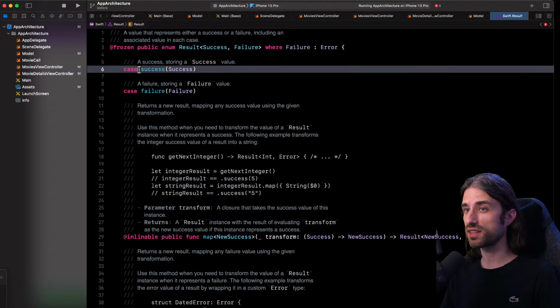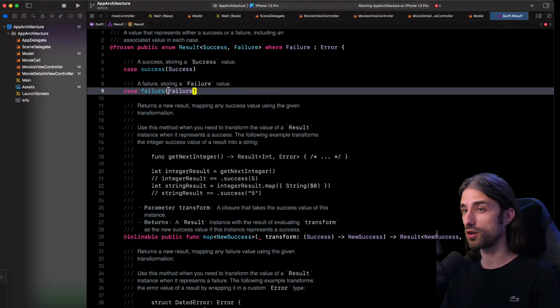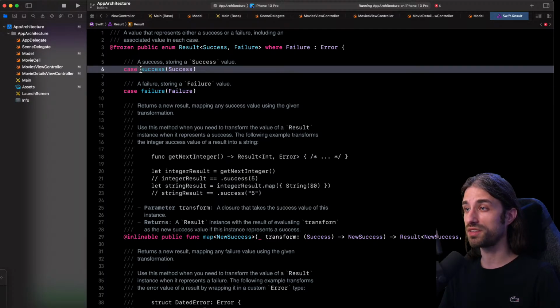And the way this works is that since this is an enum, both cases are mutually exclusive. So we will either pass a success with a value of type Success or a failure with a value of type Failure. With this simple type, it becomes impossible to pass nil for both the success and the failure, so to not provide a value, because there is no case in the enum that represents this. And it's also not possible to pass both a success and a failure, because there is, again, no case in the enum that allows us to have two associated values, one of type Success and one of type Failure.